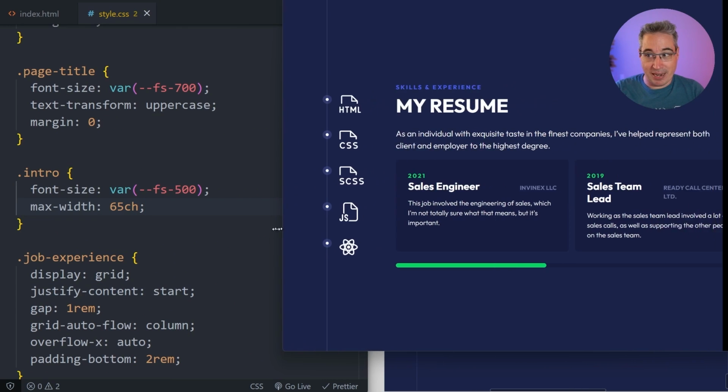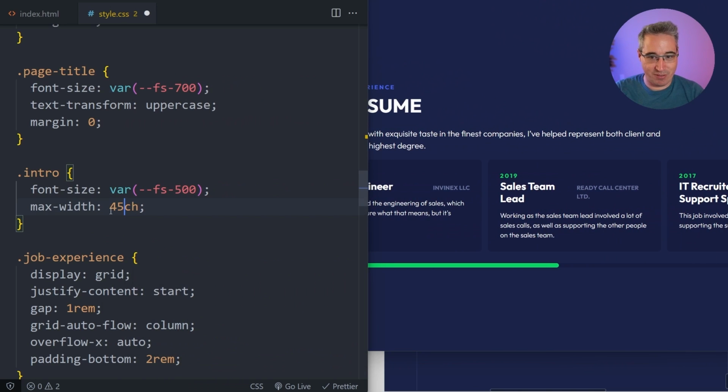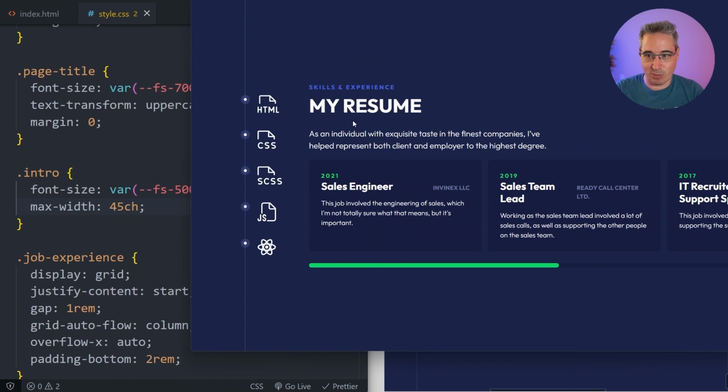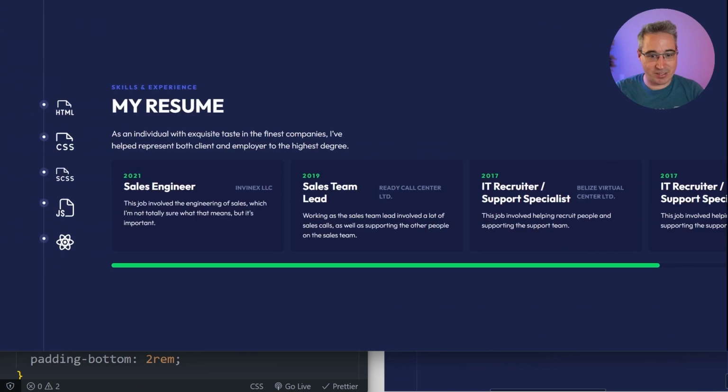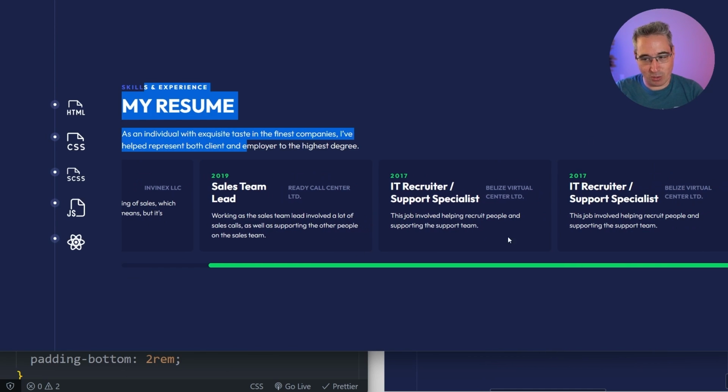So it's going to be a maximum of 65 characters long, and that's way too much. Let's try 45. And there we go. That looks a little bit better. It just balances that whole thing out a little bit more. So it makes it easy to read, because when that's stretching all the way across as one big line, it's kind of weird. Whereas now we can focus on that, and then we can scroll across and start